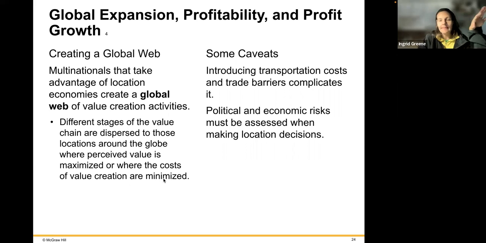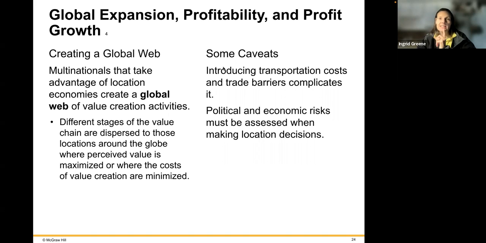So again, that idea of the t-shirt: the cotton is grown here in the southeast of the United States, then that cotton is spun and moved to Asia, where that is worked into a t-shirt, and then that is shipped back maybe to the northeast of the United States or to Europe, where the print is put on the t-shirt, etc. So it's really a web of where the most efficiencies lie.